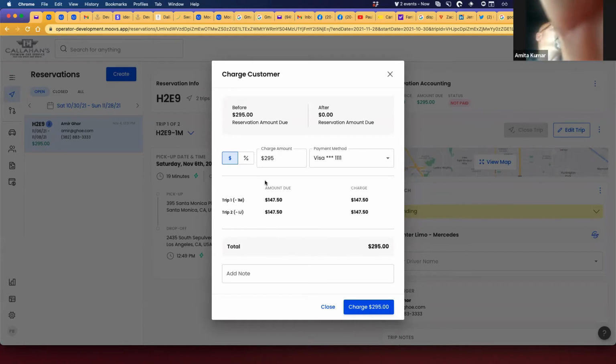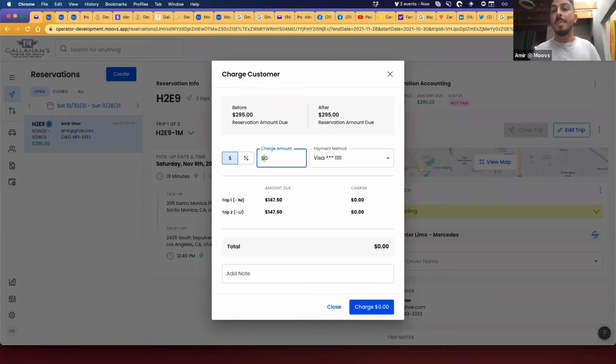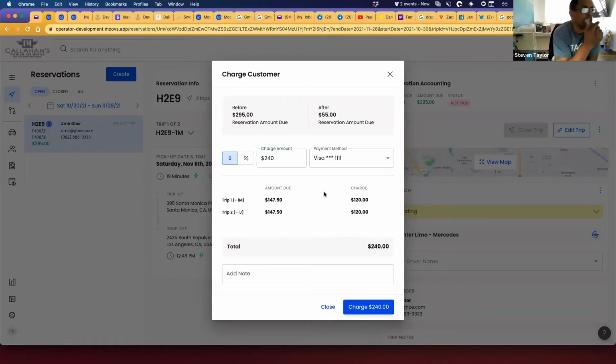I mean, that could be a customer too. And one thing to show everyone here that I know we've been waiting for, that's coming soon, is the ability to charge partial amounts. Before, we weren't able to charge a specific dollar amount. Now if you have a reservation for $295, you can charge any amount that you want on that reservation. The cents do come through, like $1,808.24.